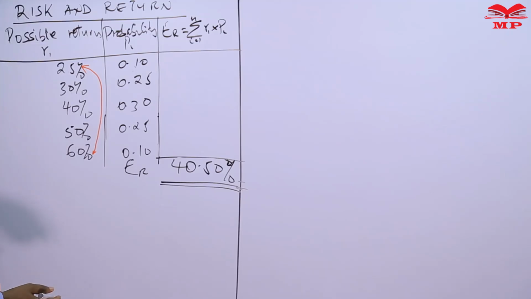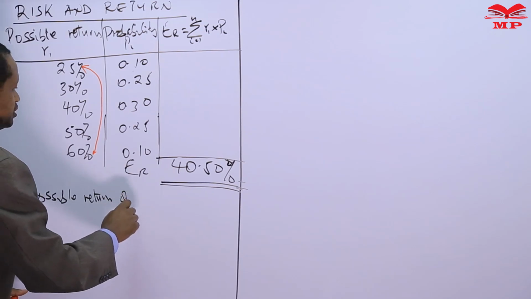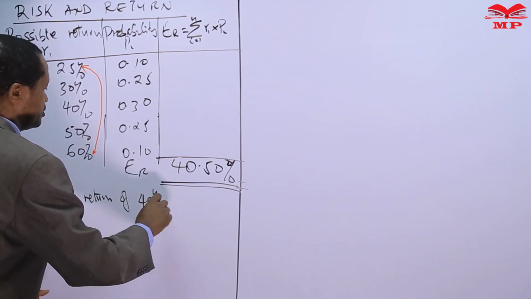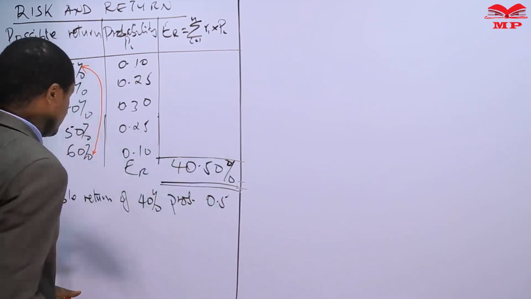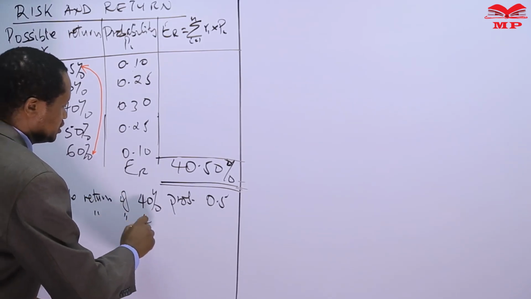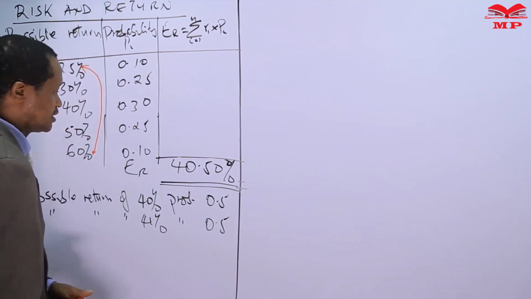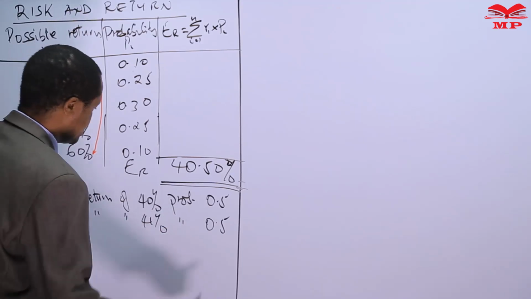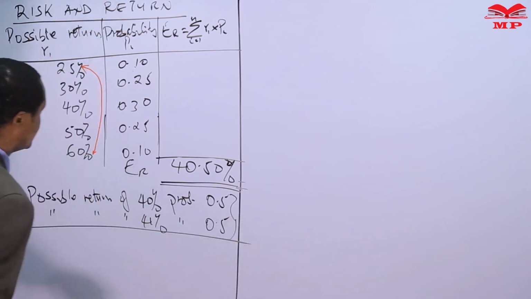For example, if we have a possible return of say 40% with the probability of 0.5, and another possible return of say 41% with probability of 0.5. If you compute the expected return using these two variations,